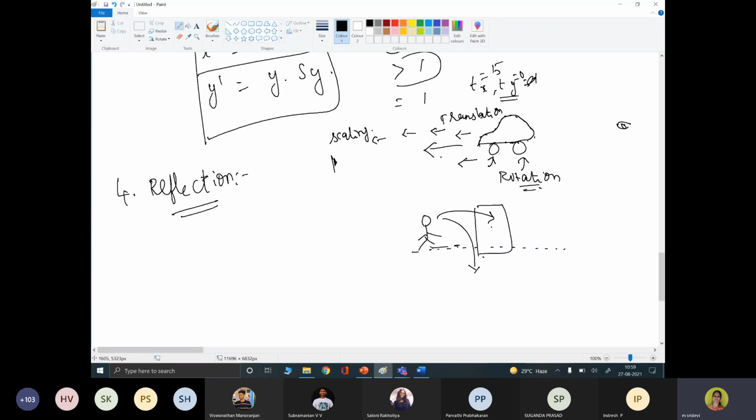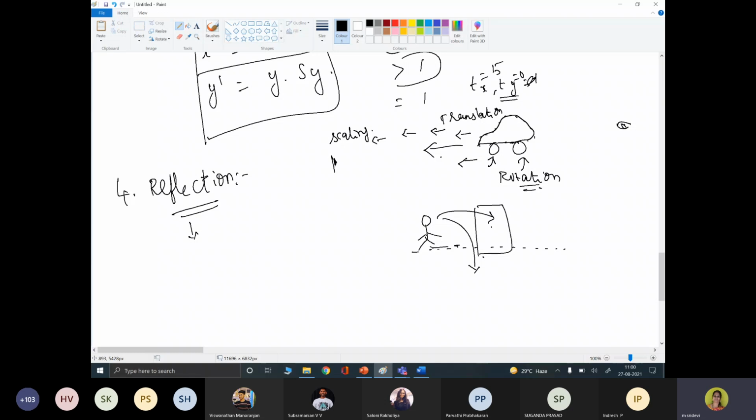It is not going to be in the same order. So the reflection is a mirror image of an object. So for this effect, we are using a reflection. Reflection can be performed with respect to different axes. Either you can reflect it with respect to the x-axis or y-axis, or perpendicular to the x-axis, or with respect to any line, or with respect to the diagonal, we can perform the reflection.